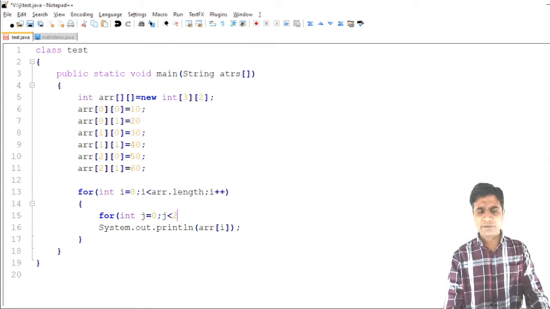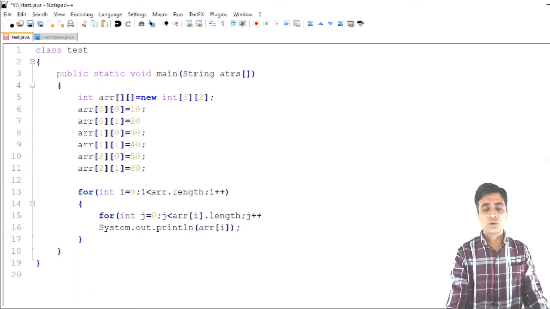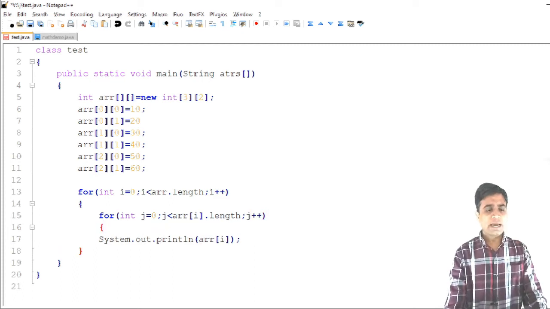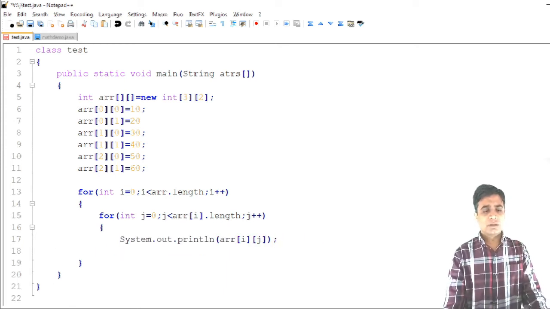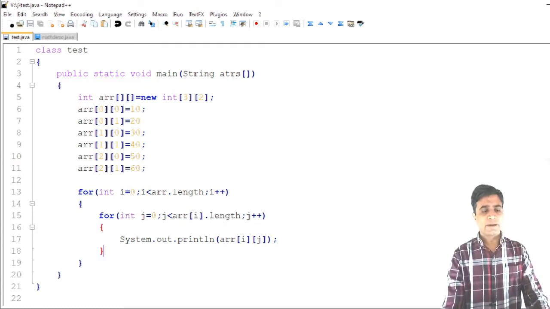You can directly write 2 here, which is valid, but now I am writing array[i].length. So this will return the length of the row, and I write array[i][j]. So this will print our whole array.